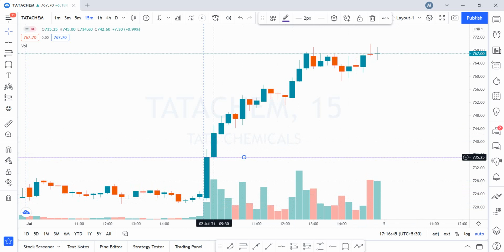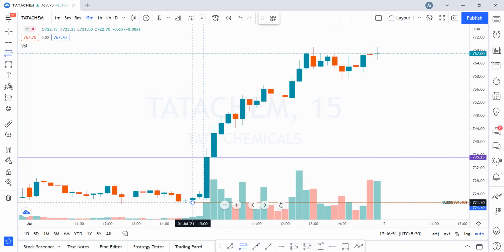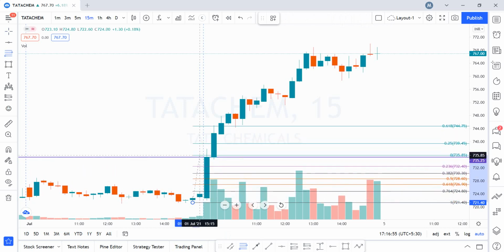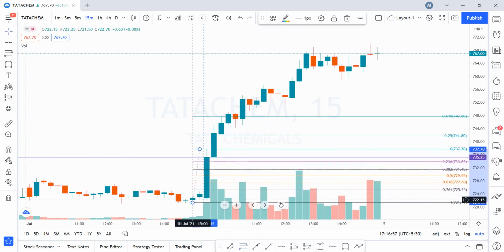To identify the stop loss, we will be using a simple Fibonacci retracement tool, and this again works beautifully well. I'll be drawing a Fibonacci from the second last candle of the previous day, the first candle of these three white soldiers pattern. From the low of this candle up till the high of the first candle of the day, we will be marking a swing low and a swing high.